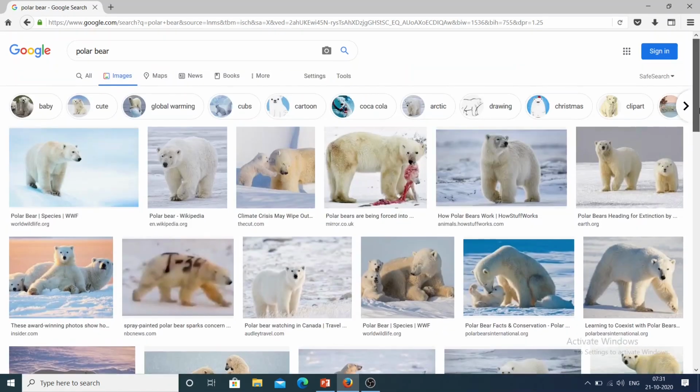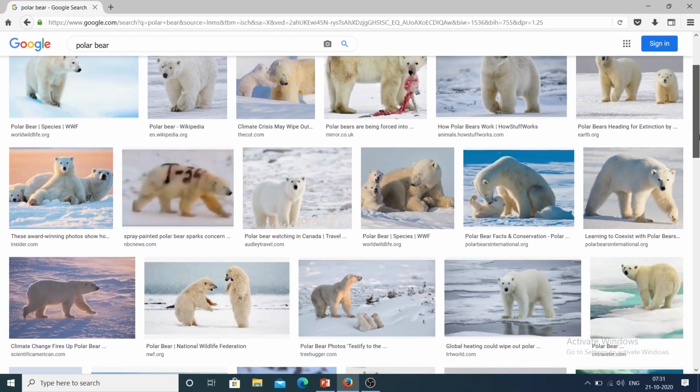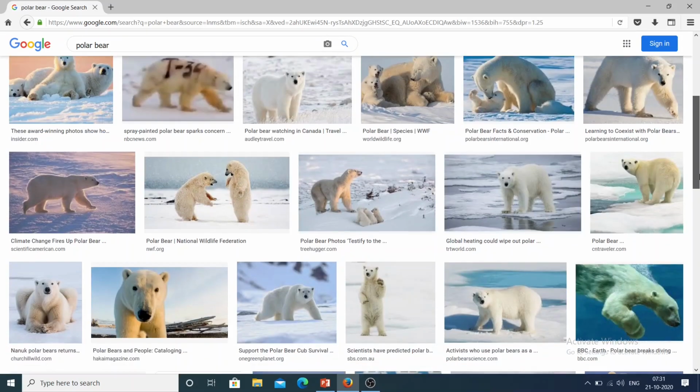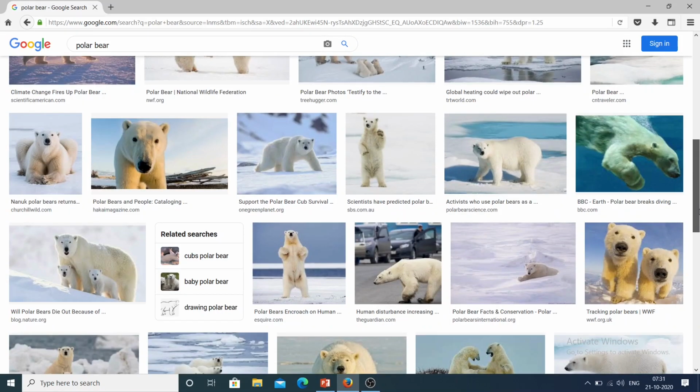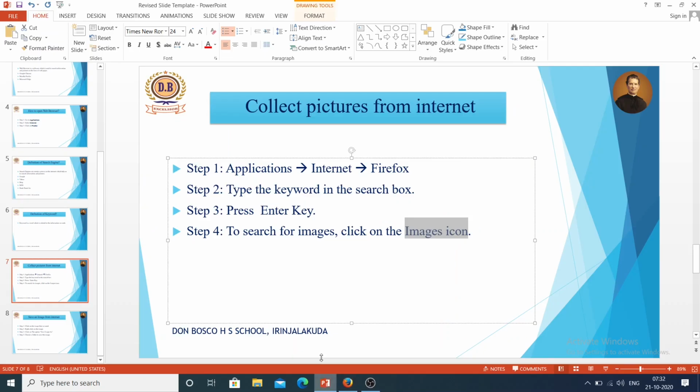Is it clear how to search for an image or how to collect pictures from internet? What we have done: first go to application, internet, and click on Firefox. Second, type the keyword in the search box.